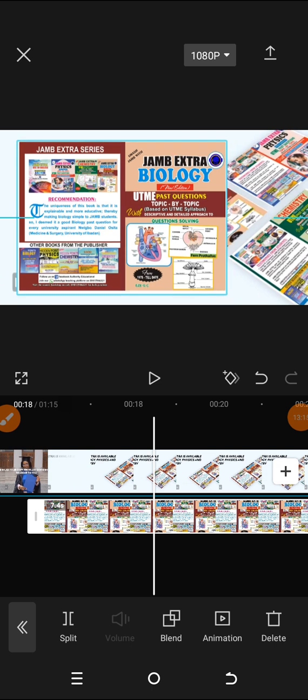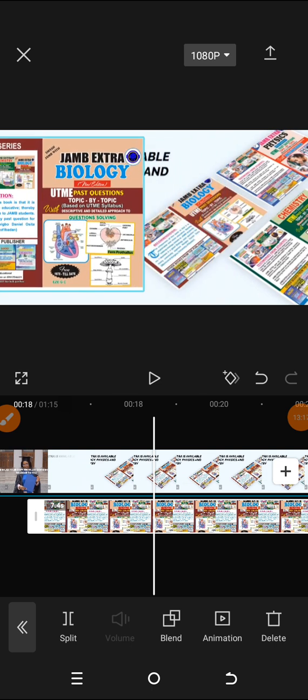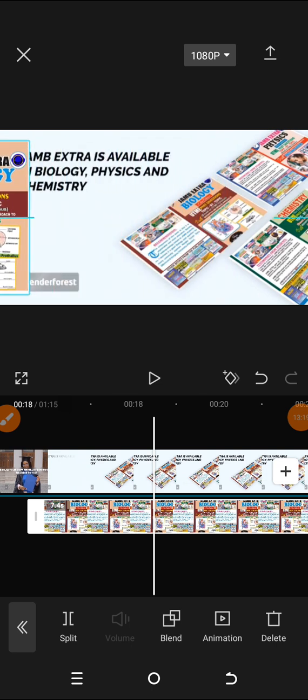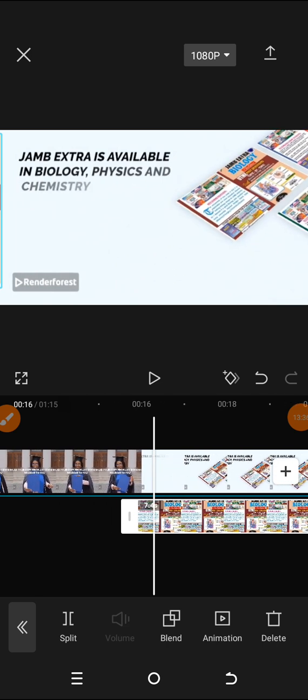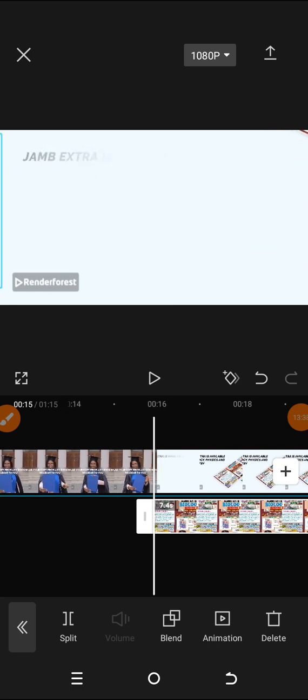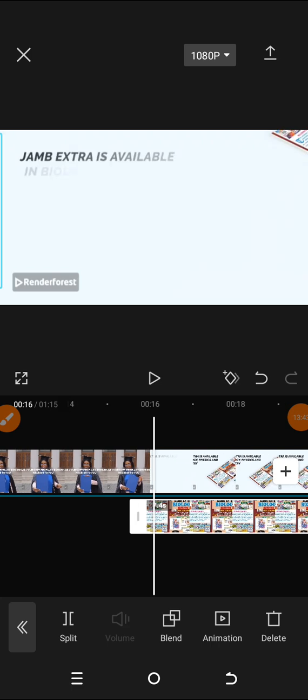let's make it this big. You can move it, just drag it with your hand, move it to the extreme of this. You can even move it to the extreme of this screen. You see, you can even move it so that it will not even be appearing, but it is still there. So when you do that, just listen carefully now. When you do that,